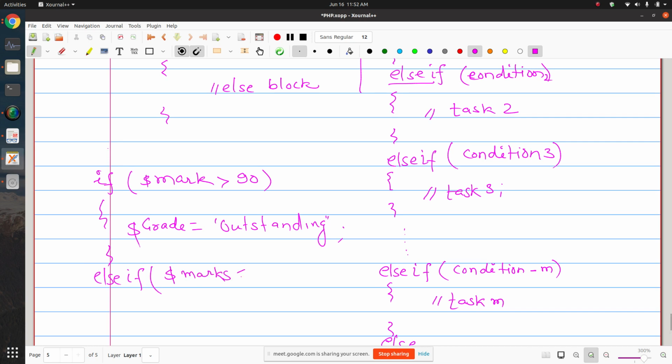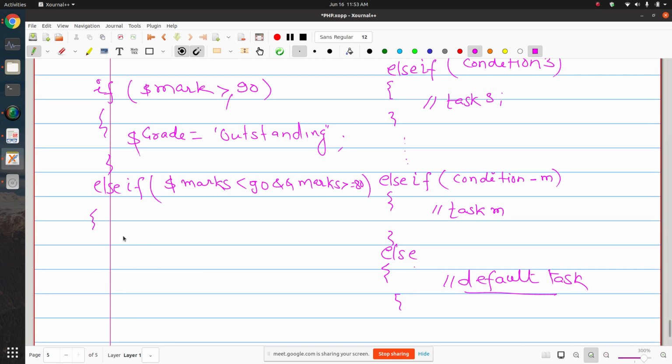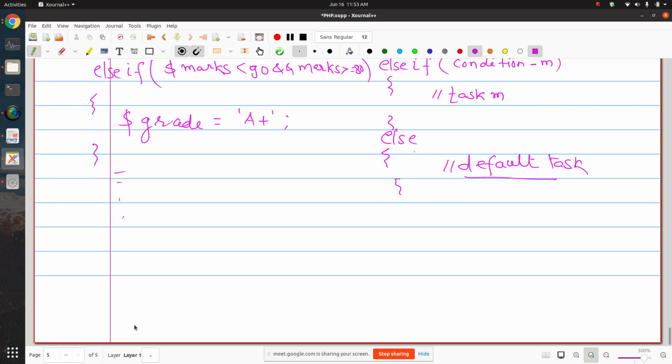marks, लेस देन, यहाँ ग्रेटर देन इक्वल टू कर देते हैं, लेस देन 90 एंड, लेट्स से, मार्क्स ग्रेटर देन और इक्वल टू 80. ठीक है, 80 से 90 के बीच है. देन लेट्स से यू से दैट यू हैव ग्रेड A प्लस, लेट मी मेक स्मॉल, ग्रेड इक्वल टू A प्लस, है ना. सो इन दिस वे आप कई सारे ग्रेड्स हैं वो दिखा सकते हैं, और फाइनली कोई भी ना मैच हो तो आप कह सकते हैं कि ग्रेड इक्वल टू F, समथिंग लाइक दैट. तो बहुत सारी ग्रेड्स हैं जो आप इसमें इस तरीके से रेंजेस के बेस पर लॉजिक लगा सकते हैं.